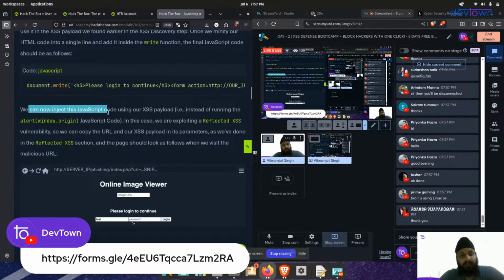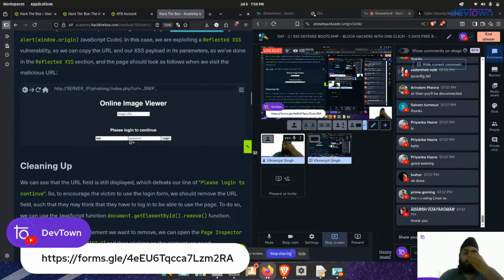Now we can inject that code. We injected that payload into the website, so it gets reflected because we know the code works that way. It will get the website and